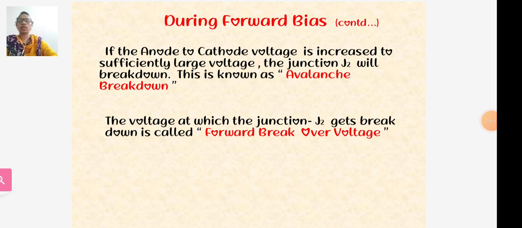Similarly, there is the holding current. The holding current is the minimum anode current required to maintain the thyristor on state. So latching current is the minimum current required for the thyristor to stay on immediately after turn-on, and the holding current is the minimum anode current required to maintain the thyristor in on state.